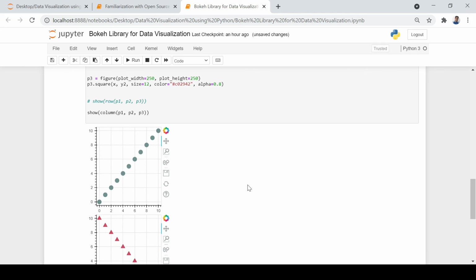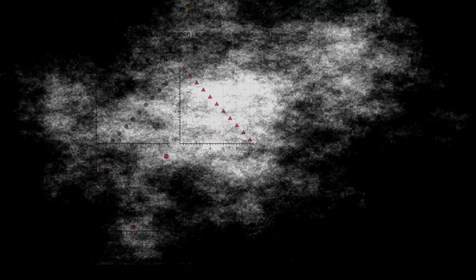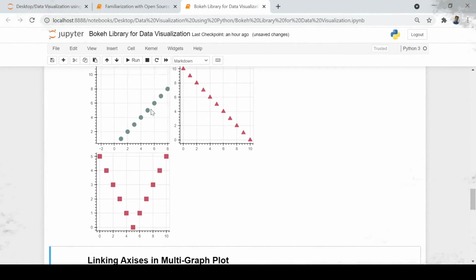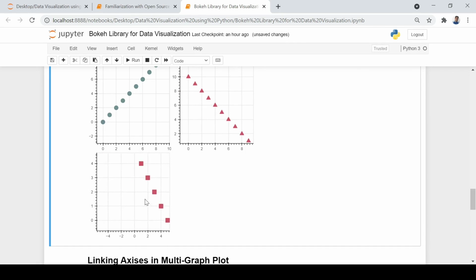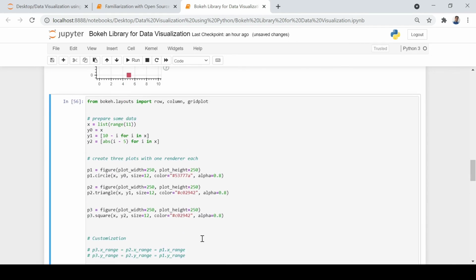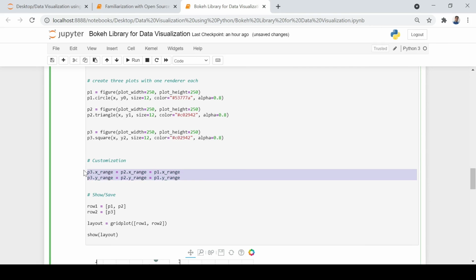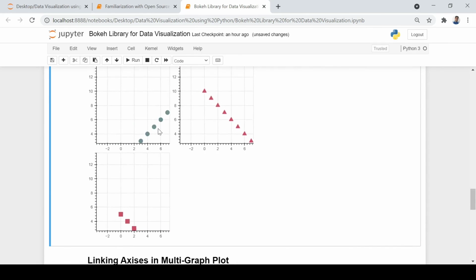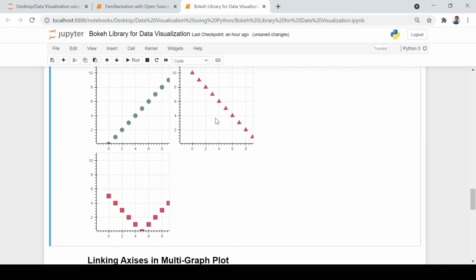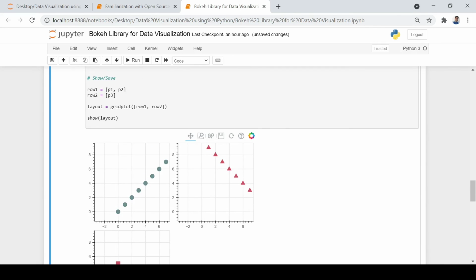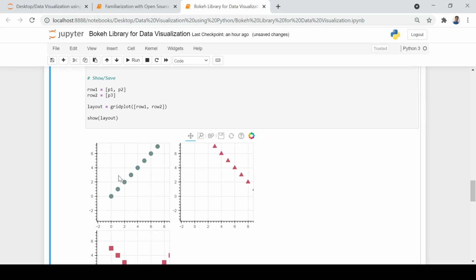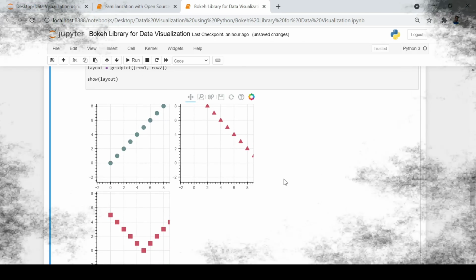But let's say you want a grid, like you want to have two rows and two columns. Then how to do that? To do that, you have to just do a more. Now you see the difference. Here it is not linked, right? If I move it, only one is moving, not linked. It is not moving with all three together. But if I link it with this, and then arrange with this, now you see all are moving. I move here, it will play everywhere. So that beauty is that, depending upon the data types, you can play with one, and corresponding changes you can see in all the curves. So you can design your plots so that you have the data and